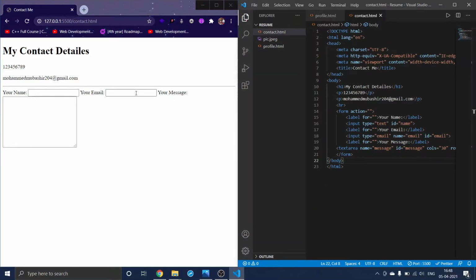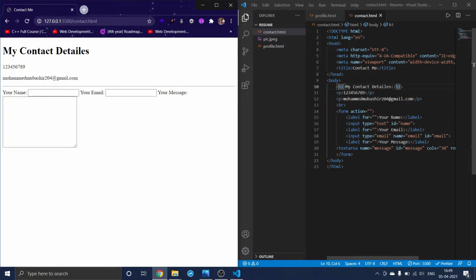So these are inline elements, which means they will not take the width of the whole page. For example, this p tag is not an inline element. This is a block element, which means whatever you write after this p tag will be forced to go into a new line, right? Like this. I have used a p tag here. I have used a p tag here. We have so much space here, even though it went into the new line. Even this h1. But when I used label here or input here, we have more space right here. That's why these came beside this. So these are called inline elements.